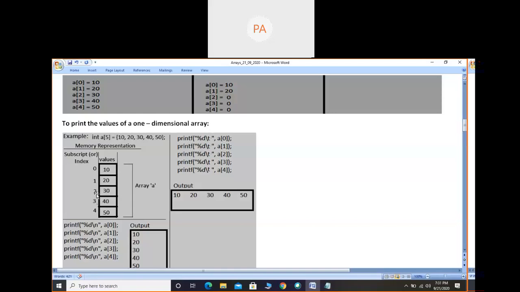You just concentrate on my sentence, what I am telling. So 30 is stored in the third location and its position is 2. This is very, very important. 40 is stored in the fourth location and its position is 3. 50 is stored in the fifth location and its position is 4. So when you talk about the real world and array, you should be very careful. First location means in terms of array it is 0. Second location means in terms of array it is 1, in that way.